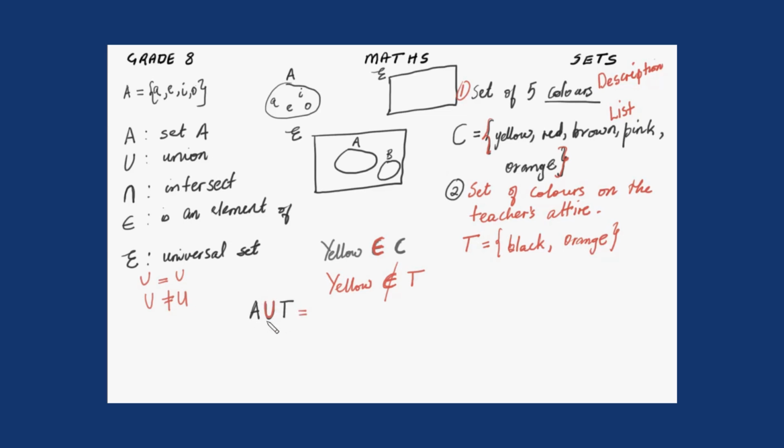we have used the symbols here, but we need to know what that symbol means. Union means together. So when we are listing, we must use the set braces. All right. So what do we do? We will say all the colors that appear in C. Let's go. Yellow, red,